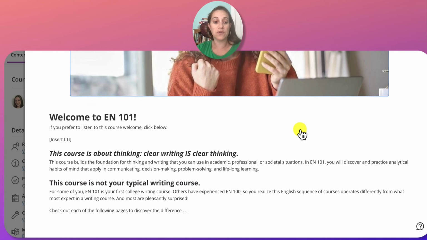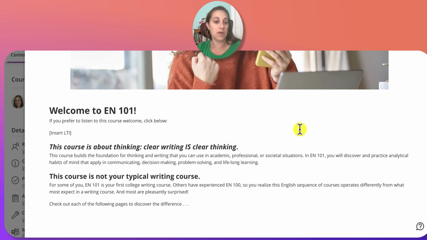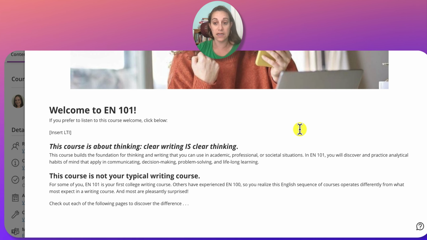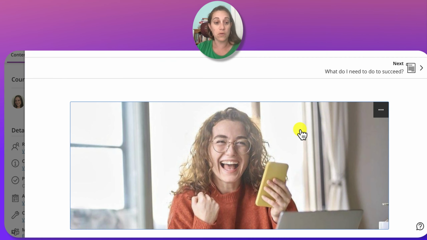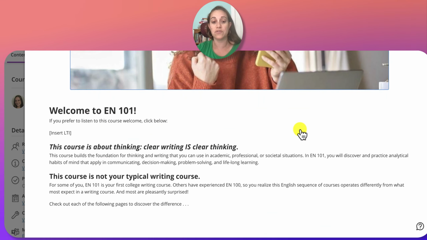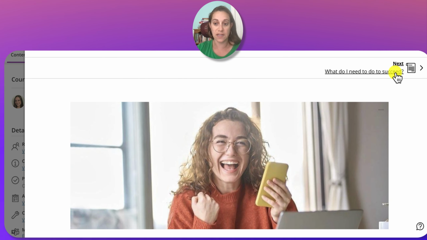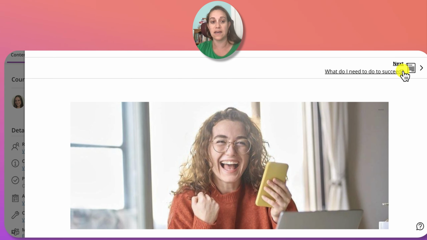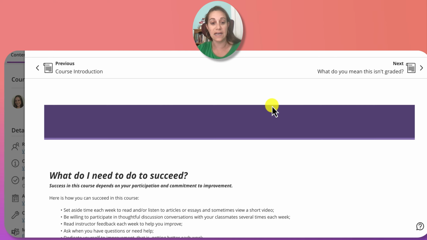So once we scroll down, read through everything about this course, really about writing, the writing process and looking at your improvements rather than worrying about grades so much, this is going to be something that this course is really focusing on. So once we read through the whole section, each page, make sure that you scroll down to the entire bottom of the page or that next page will stay locked. So once you get that next icon to the right, you can select that.